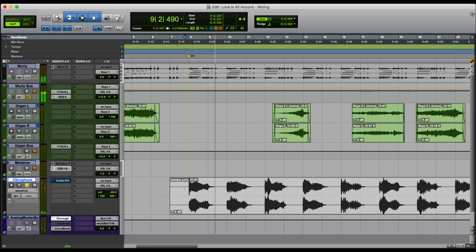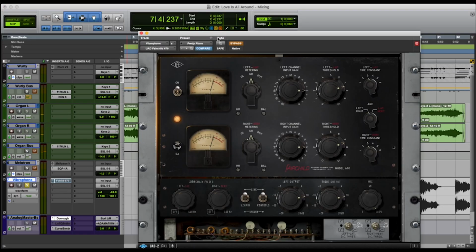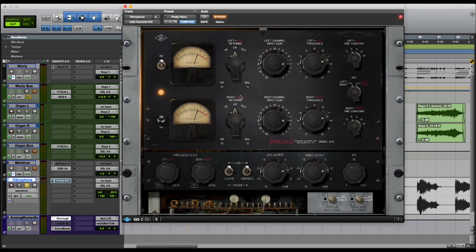Okay, so it feels real, but it's got that clarity to it, right? So when I listened to this, I thought, okay, this needs to be a little bit more compressed, but it also needs to have some vibe to it. So I brought out the Fairchild, and when I drove the input pretty hard, it not only broke up in really pleasing places, but it also allowed it to compress in a way where it wasn't choking the sound at all. So it still allowed the decay of the instrument to pool out, but it tamed it in a really vibey way. So have a listen to this before,